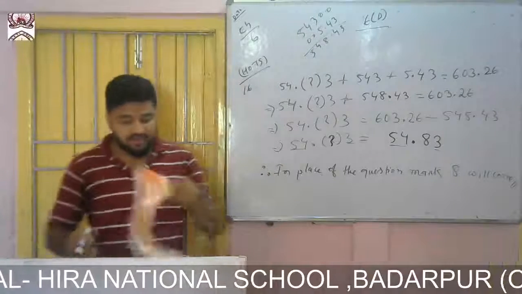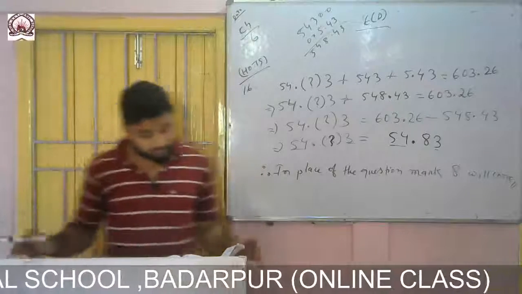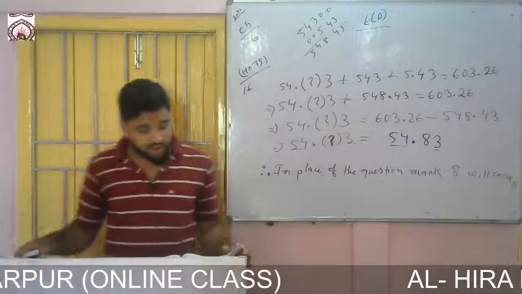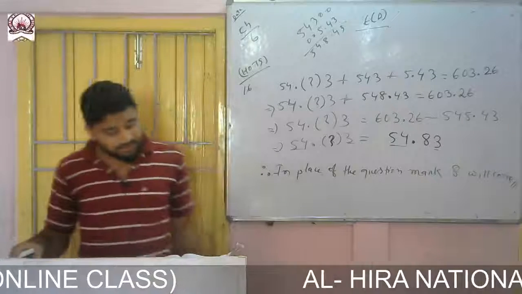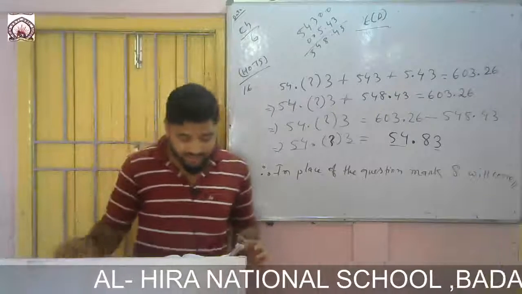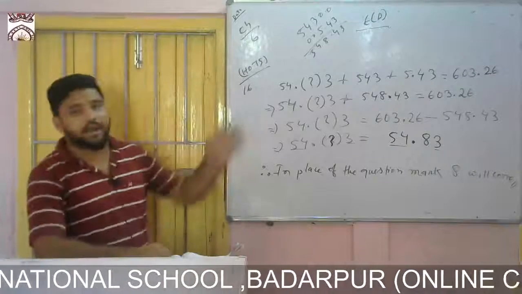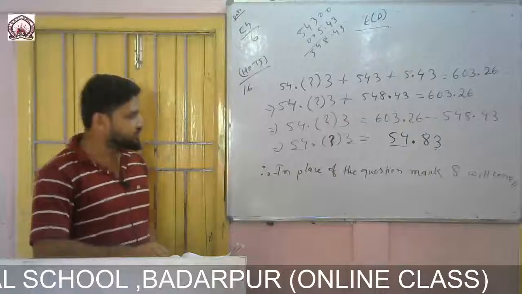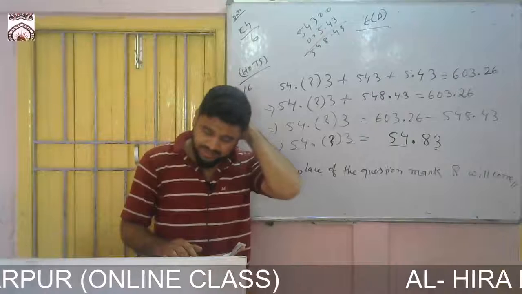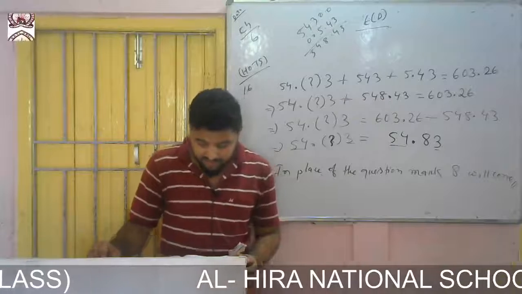Okay, now come to question number 17. So the perimeter of a figure is the sum of the lengths of all its sides. The perimeter of the given figure is 28 centimeter. Find the length of the unknown side. Perimeter means the boundary of any closed shape. The sides given are 45 millimeter, 10 centimeter 4 millimeter, 35 millimeter, 5 centimeter 6 millimeter.